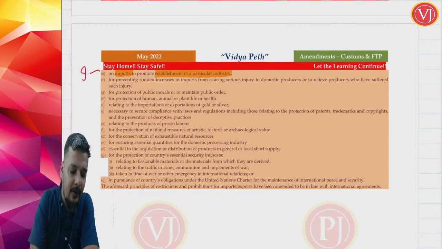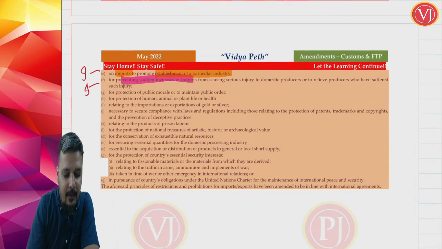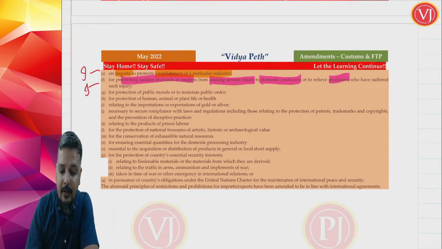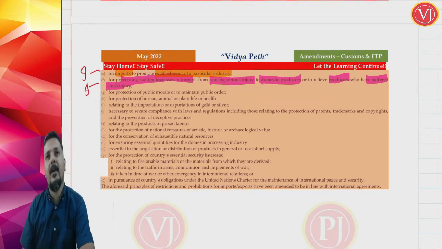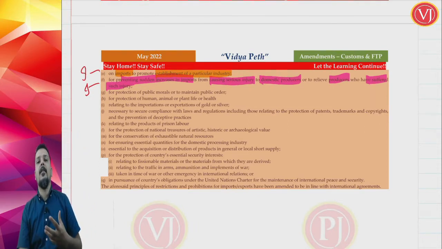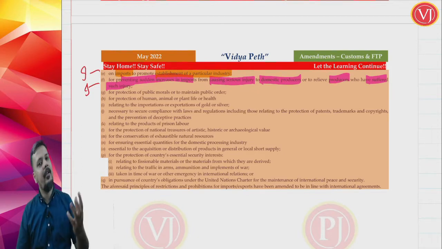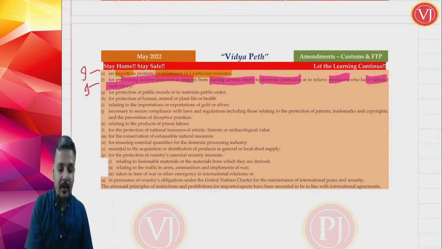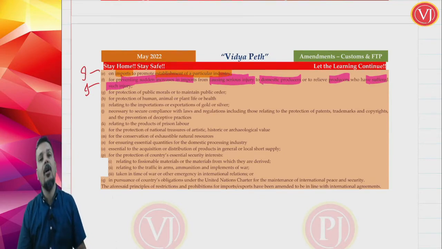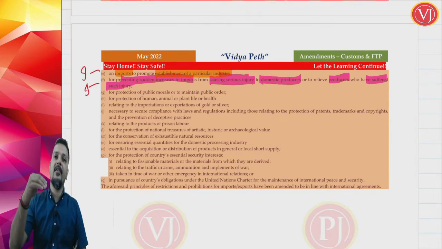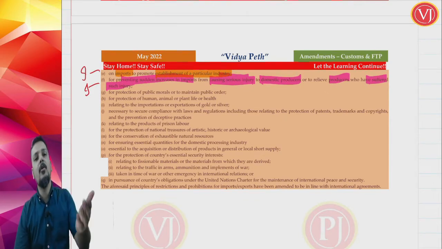Again, the next point focuses only on import. It is for preventing sudden increases in imports from causing serious injury to domestic producers, or to relieve the producers who have already suffered such injury. The toys industry is a classic example for this. Toys, kids toys, are imported in huge quantity from China. Now they may put some restriction on import of toys from China to ensure that the domestic industry does not suffer any serious injury, or it might be a case where the domestic industry has already suffered an injury,